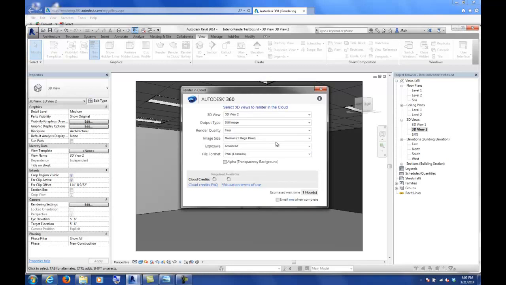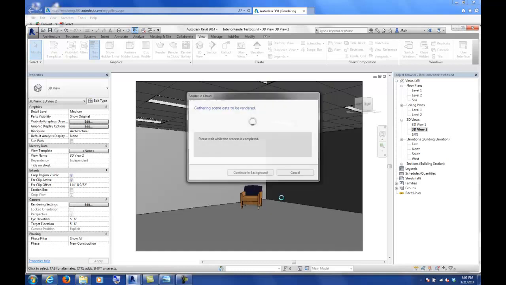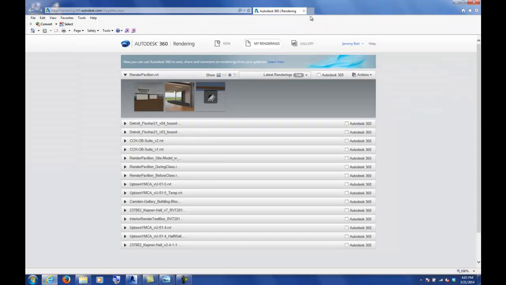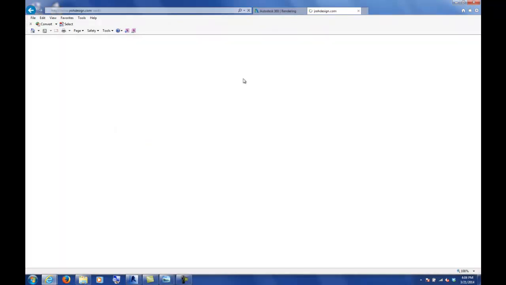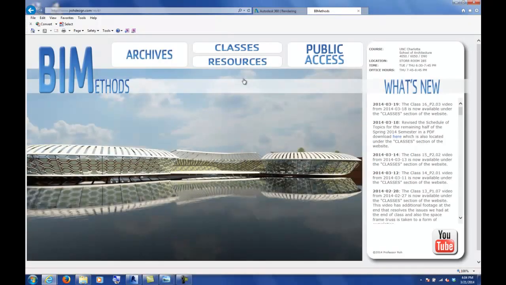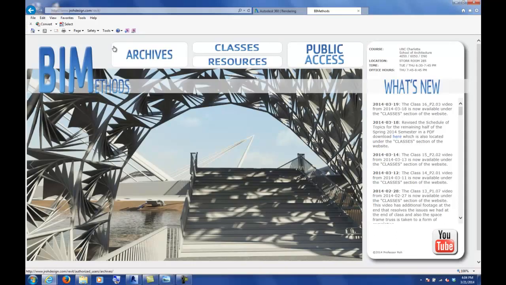I'm going to go back to Final. I want to do native lighting. I'll keep it at megapixels. Background doesn't matter, and I'll hit Start. Now, one thing I didn't mention is Revit in the cloud is measuring everything by megapixels instead of knowing what the size of your sheet is. And it's hard for me to remember how big a megapixel is going to be on a piece of paper. So what I've done is in my class website, and I'll send you a link to this too,